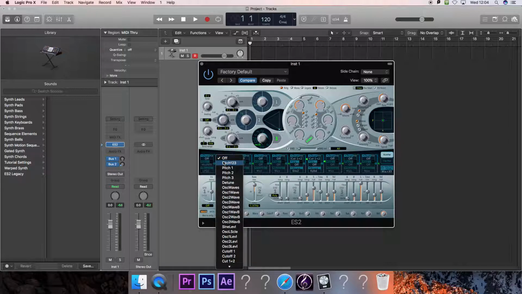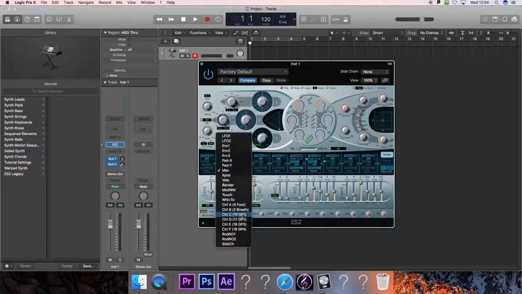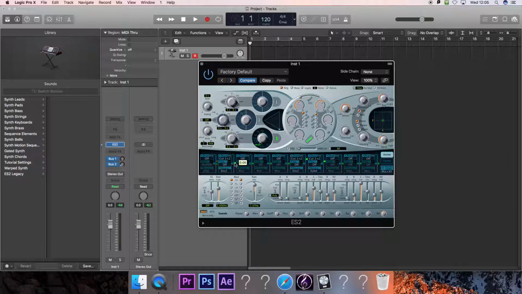We do though need to put on cutoff 1 and 2. We just need to send that to envelope 2, a bit of modulation. Just turn that up there slightly. And to get the percussive short sound of a snare, because it has a very fast attack and obviously not much sustain,